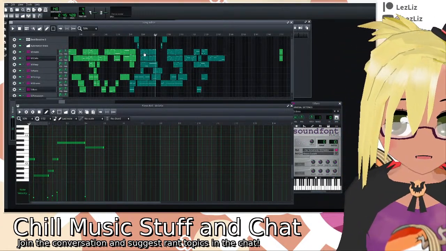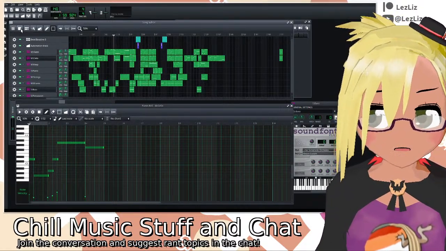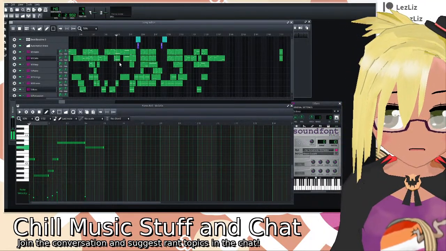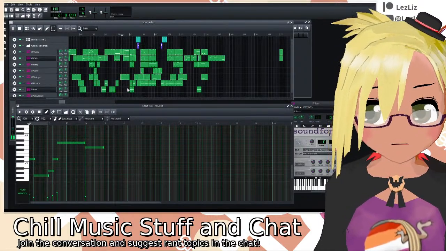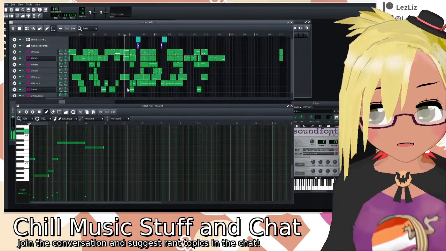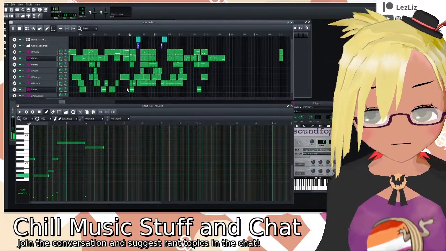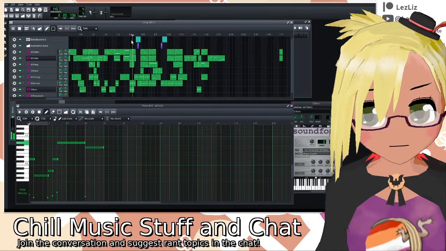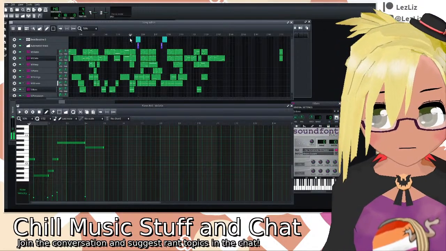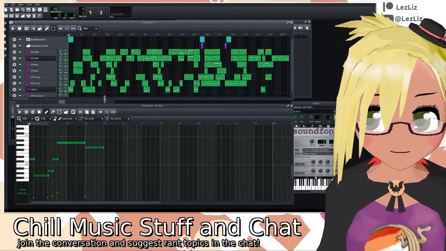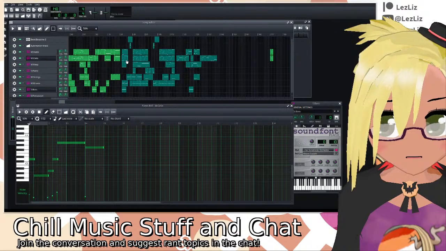Maybe needs a gap, but something like that. I think it needs a gap like here too.